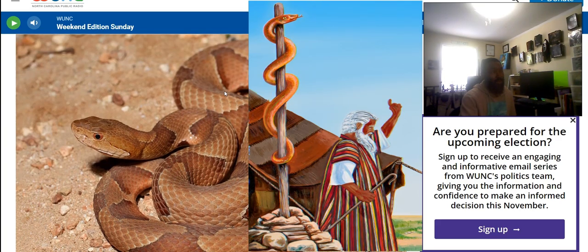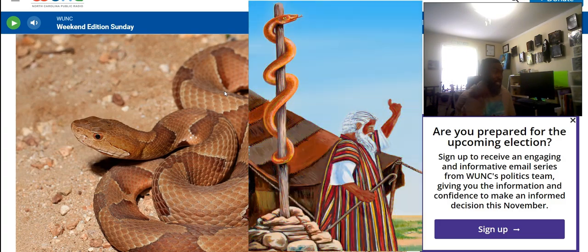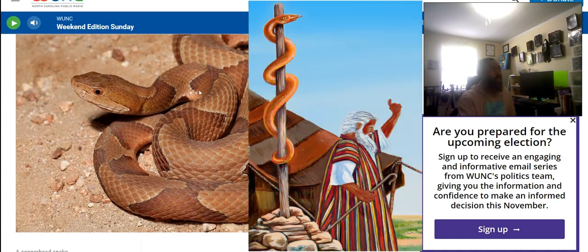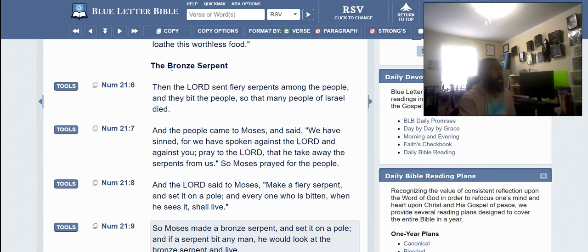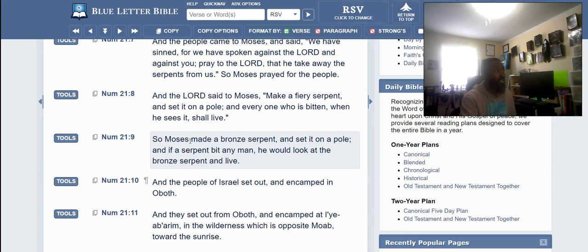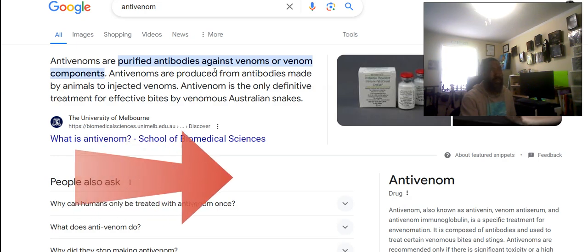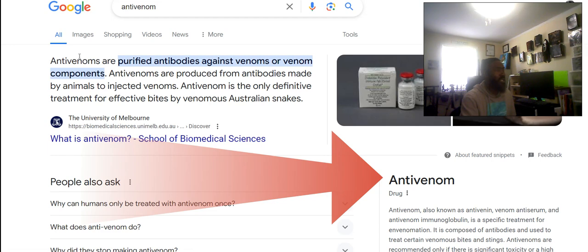Cottonmouth, which is a water moccasin, in my opinion is a rattlesnake without the rattler. Copperhead on the same level. So when it says he made a bronze serpent or a copper serpent, some versions may say this might even be related to the modern-day copperhead. You know what I'm saying? Because it's called antivenom. We already covered that Moses made the bronze serpent and set it on a pole, and if the serpent bit any man of the Israelites, he would look upon that bronze serpent and live. Now, this also can be relating to some type of medicinal potion that was made back then,